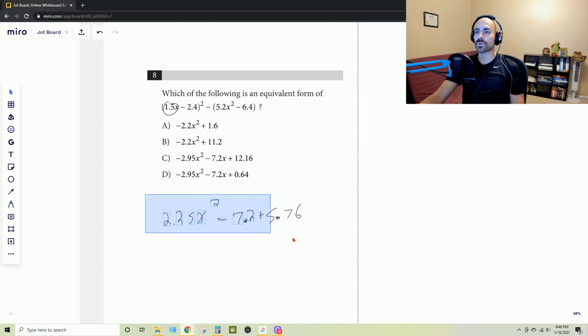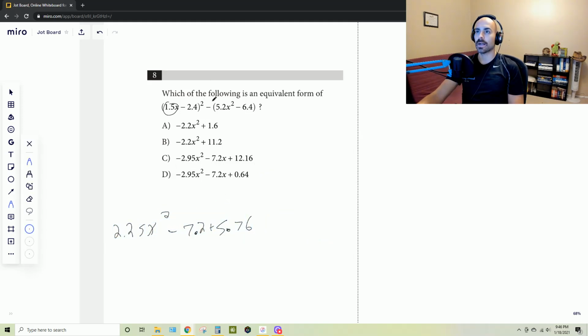And then now we're going to be subtracting everything here. And I like to distribute this just to make sure I don't mess anything up. So, oh, and this needs to be x because it was times 1.5x. So 7.2x. And then, so now we have minus 5.2x squared plus 6.4. And when I combine all my like terms here, we end up with C, our like